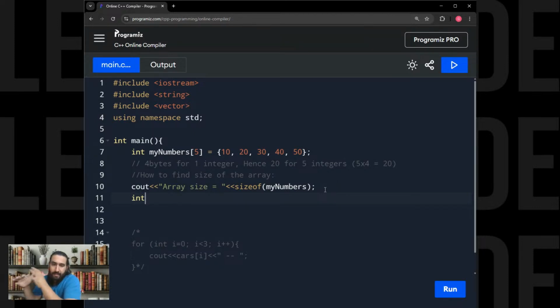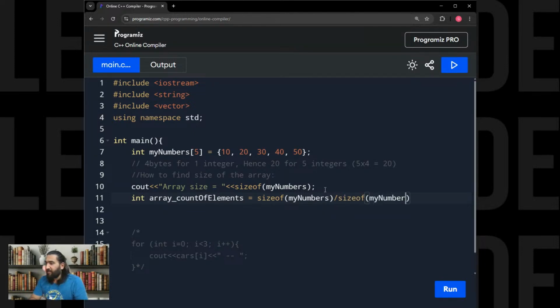People with high-level programming language experience will know that there are straightforward functions like .length or len in Python. These functions help you simply get the number of elements in an array. But in C++, it is also simple. Suppose we have to find the array count of elements, we simply need to use sizeof on my numbers divided by the size of